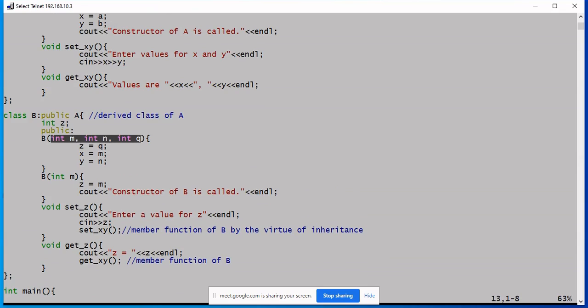You write the definition for all 3 values. Among them, you use 1 for your own member data, which is Z in this case. This is fine, this works, but I cannot write such statements because they are inaccessible.